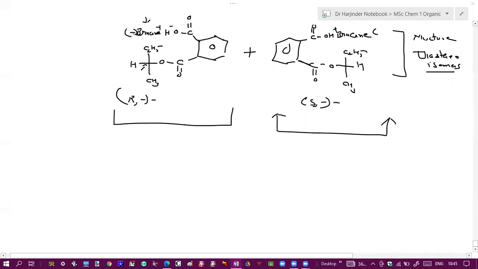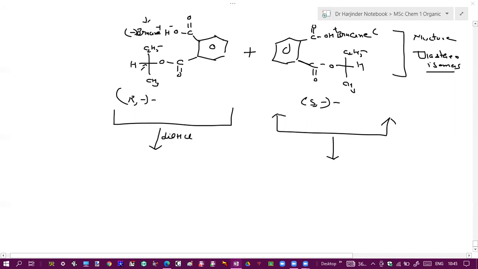Yes. Now you have to remove this brucine first, and then you have to break this ester bond. You have to do two things. Now we have to remove the phthalic acid group. So you have to first remove brucine, and second we have to remove this ester group. So how will we remove brucine? By adding HCl. I am writing on one side, on the other side you have to write by yourself. So we will add dilute HCl.